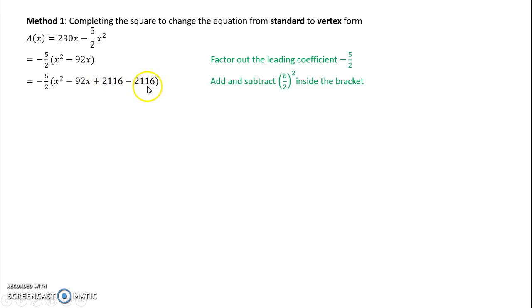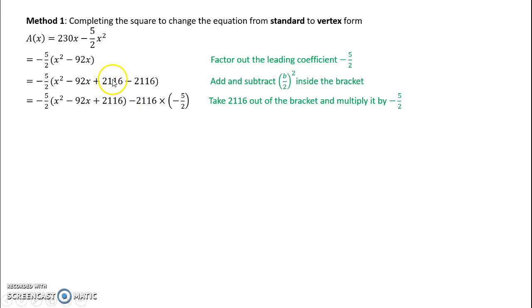So in this case, it's almost like we're not really adding anything, because we're adding it and then we're subtracting it. Okay, so we haven't changed the equation. So now we're going to take the negative 2,116 out of the bracket. Okay, and when we take it out of the bracket, we have to multiply it by the negative 5 over 2 in front. Okay, because everything that's inside of this bracket is being multiplied by the negative 5 over 2